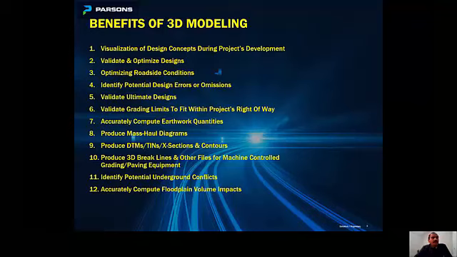We're going to go over these in detail, and I'll be giving examples for these different benefits. The 3D model produces various roadside design conditions. At Parsons, we have developed intelligent grading templates that are programmed to incorporate various TxDOT roadside design conditions to optimize the roadside design based on the right-of-way availability and other roadside conditions.